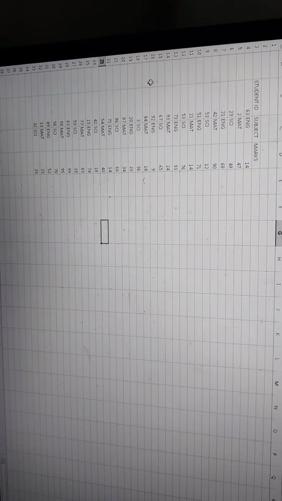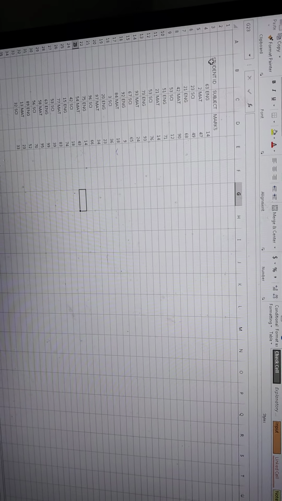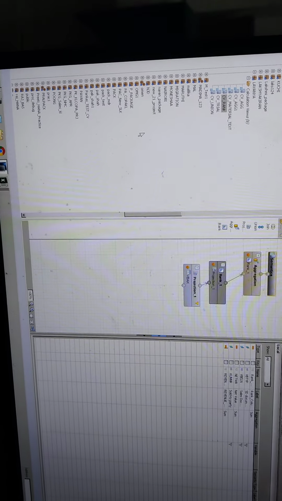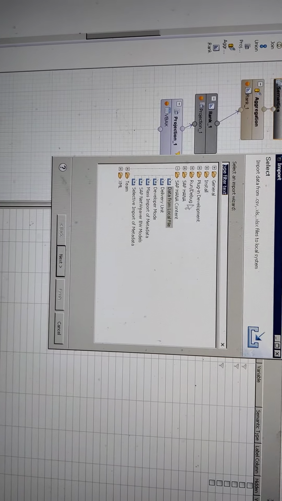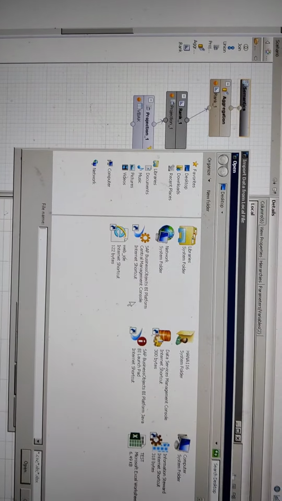It is from row 3 to row 33, which is 10. Okay, what we have to do is, this is a data file, in an XLS document. Now go to the HANA Studio. What we'll be doing is importing that Excel sheet into here. How we can do it is, we go to File, Import, and in SAP HANA Content, data from local file, and select the HANA training 1, and here select your test 1.